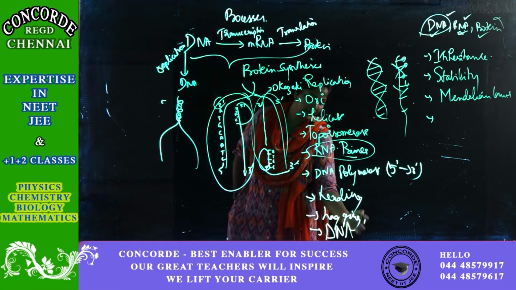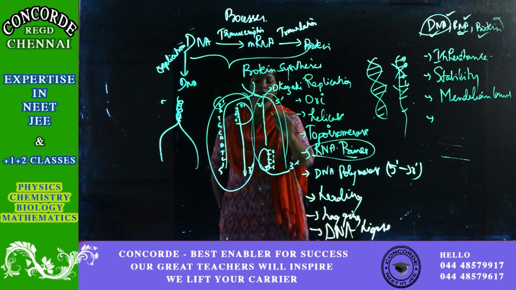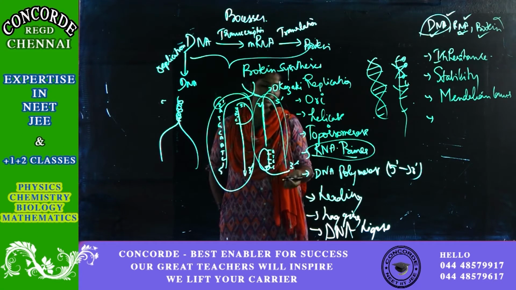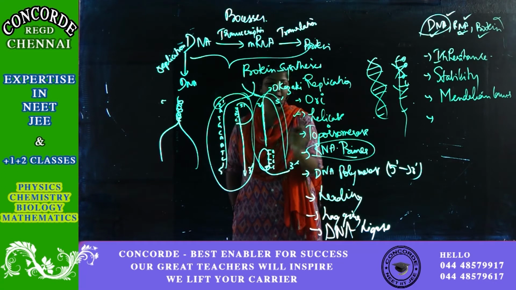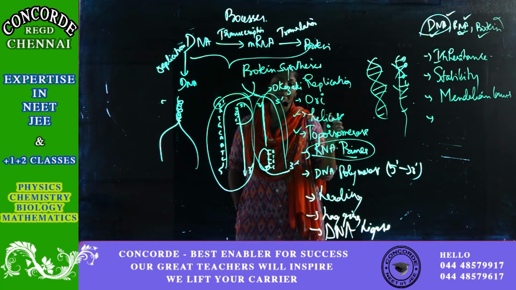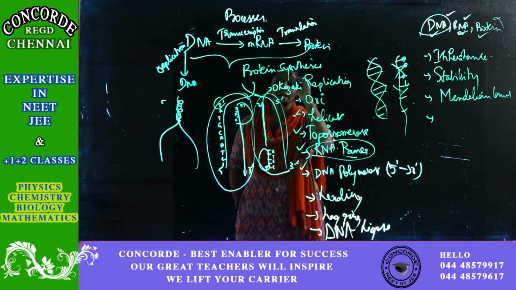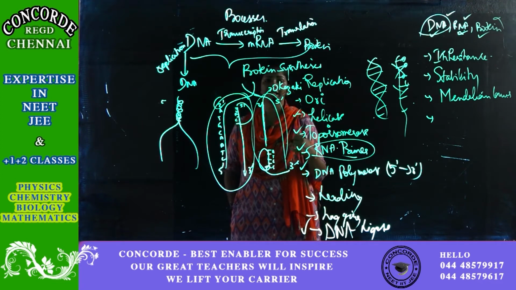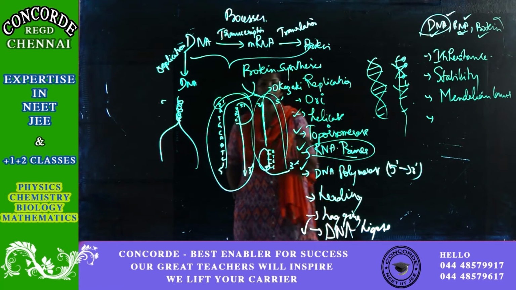You've learned in biotechnology that ligase is helpful in joining, correct? So, to join these fragments, the enzyme used is DNA ligase. Technically, helicase is an enzyme which separates the strands, topoisomerase removes supercoils, primer starts the process, polymerase continues the process, and DNA ligase will seal the fragments. So, these are all the enzymes involved in DNA replication.